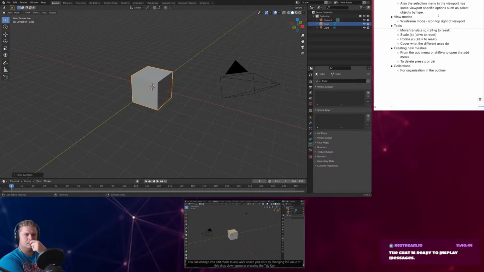You can change into Edit mode in any workspace viewport by changing the value of this drop-down menu or pressing the Tab key. But the Modeling Workspace tries to make itself as convenient as possible for you to get started modeling. It also removes the timeline,